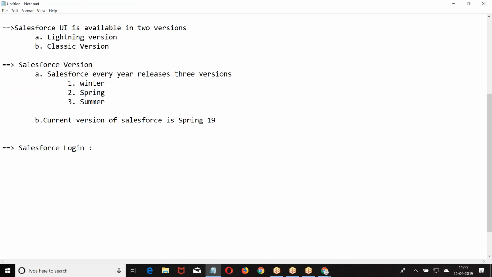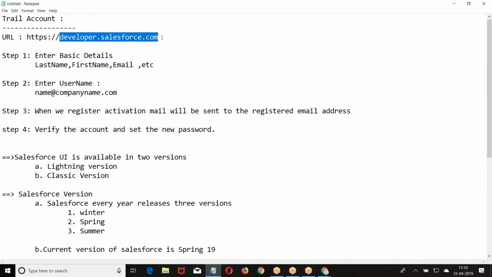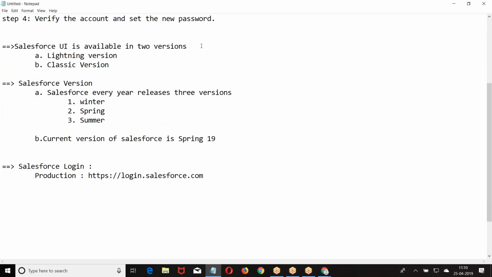If you want to log in, they're going to ask you, do you want to log into the production or are you trying to log into the sandbox? If it is production, we have login.salesforce.com. This is the URL. For registration, developer.salesforce.com. For logging into production, login.salesforce.com. If it is sandbox,